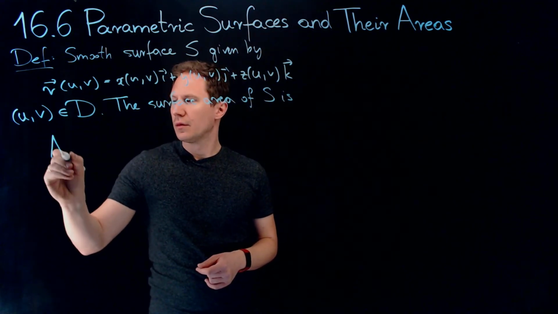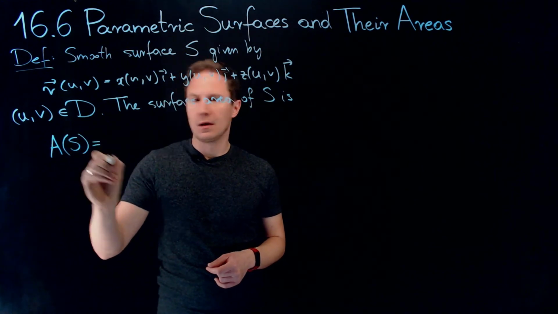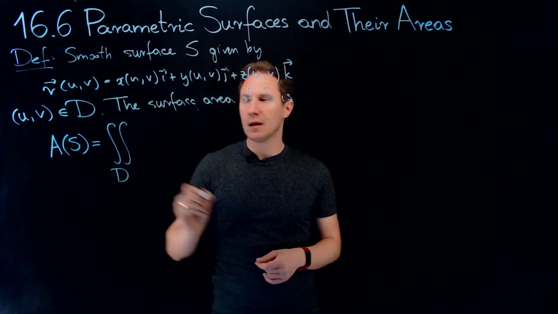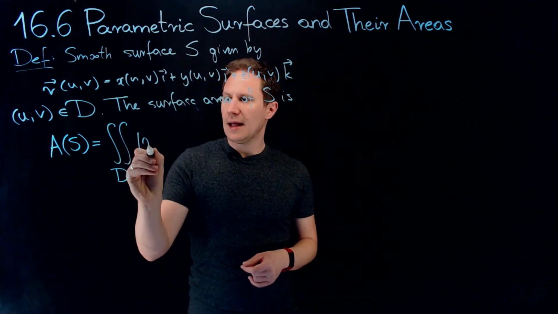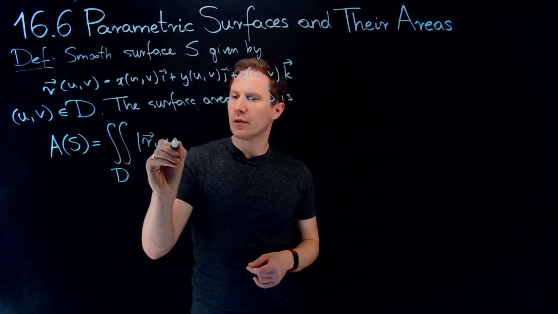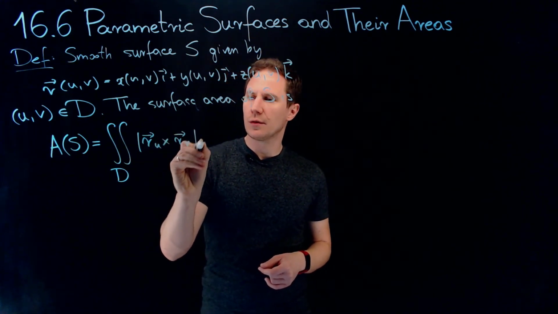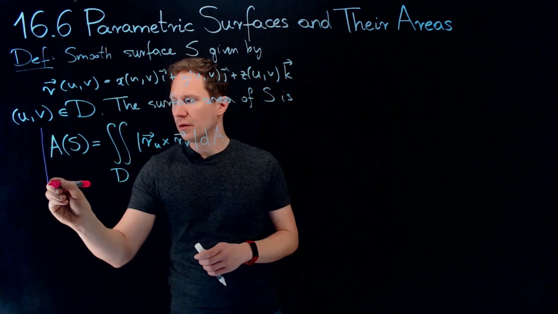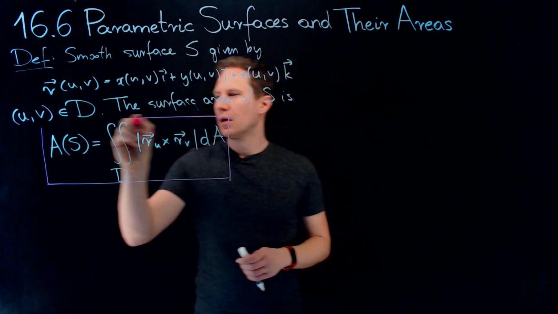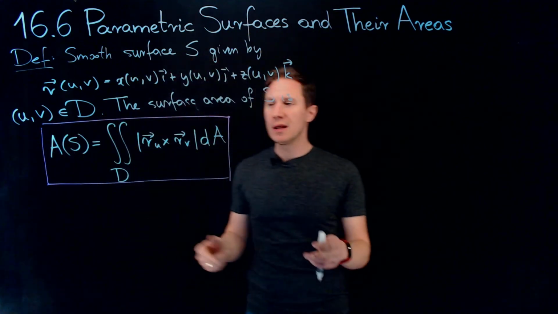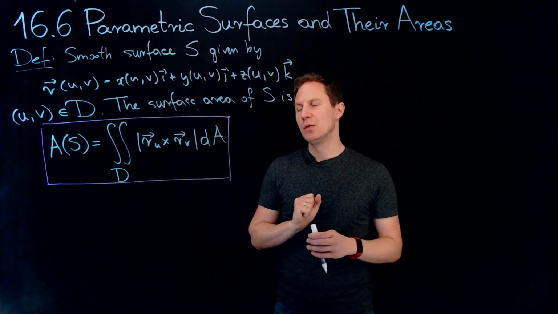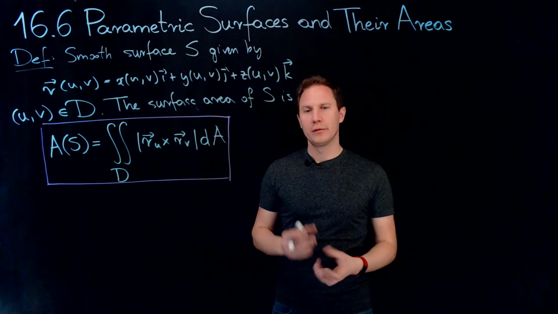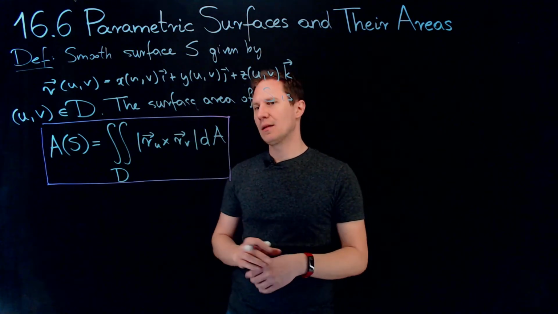So the surface area A of S is the double integral over this region D in the UV plane of the length of the cross product of the partial derivatives of this vector function r(u,v). So you compute the partial derivatives of r with respect to u and v, take the cross product of these two vectors, compute their length, and that's the function of u and v that you want to integrate over the